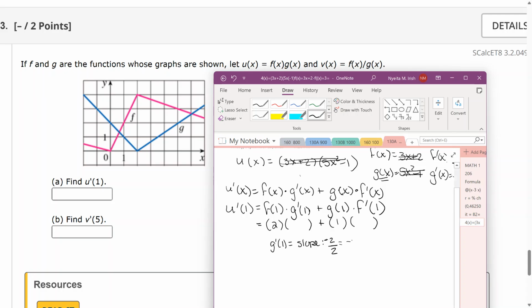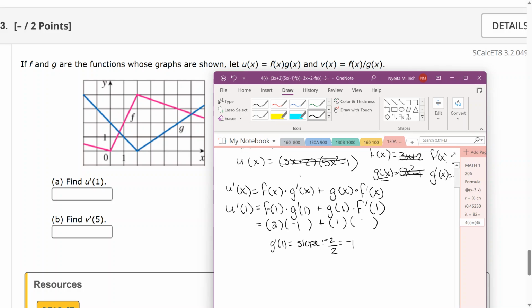Regardless, the slope is negative 1. So g prime of 1, that slope is negative 1. I have to do it from here because the x is 1 is on this strand of the function. I didn't come over here and figure out what's the slope over here by picking 2 points and finding slope, because x equals 1 is not on that